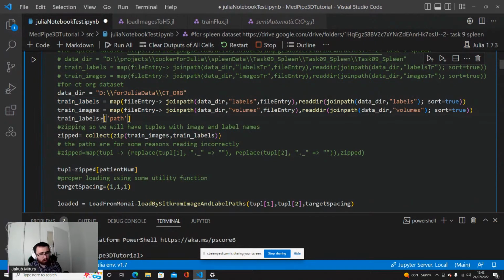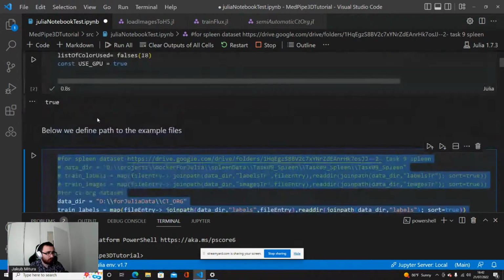Here is the label, here is the image. You just need to get one path to the volume and one path to the label, and it's enough.